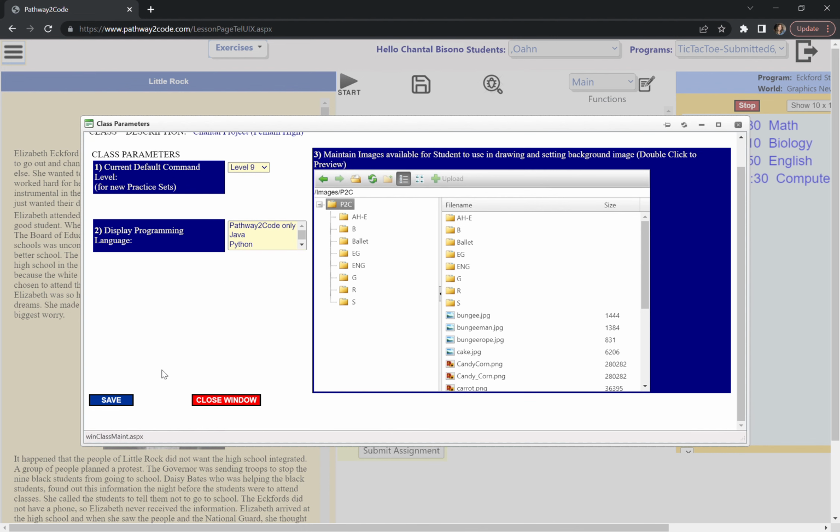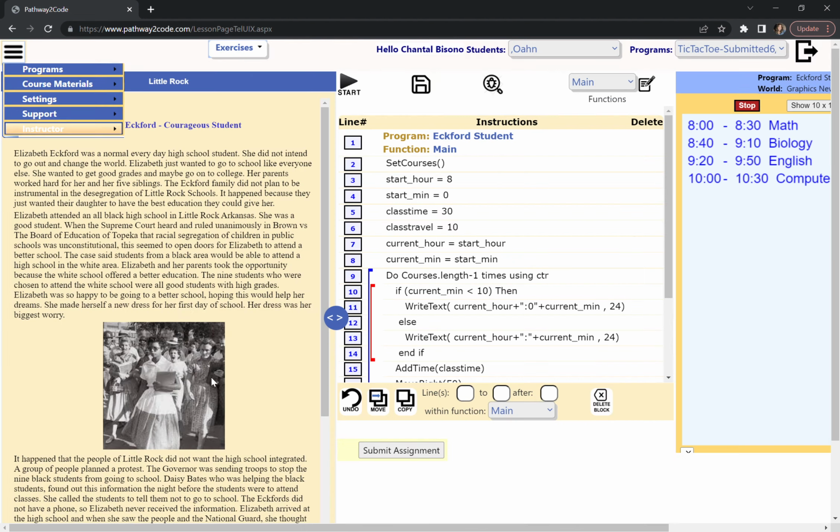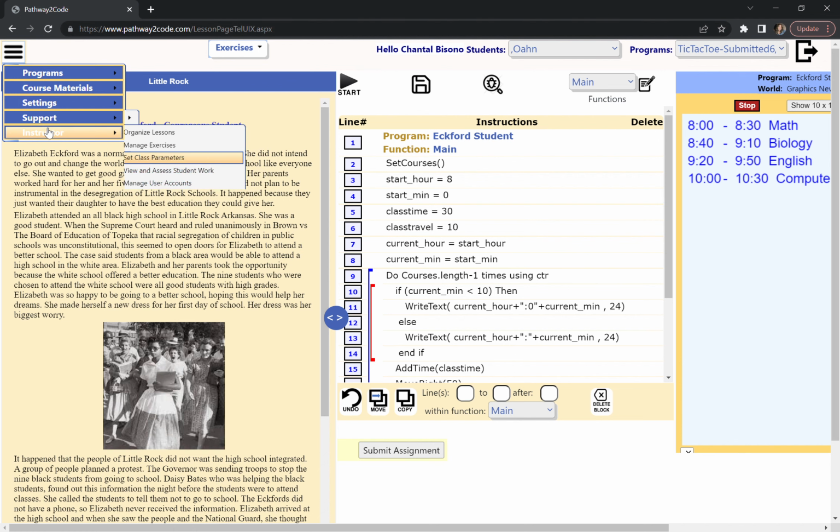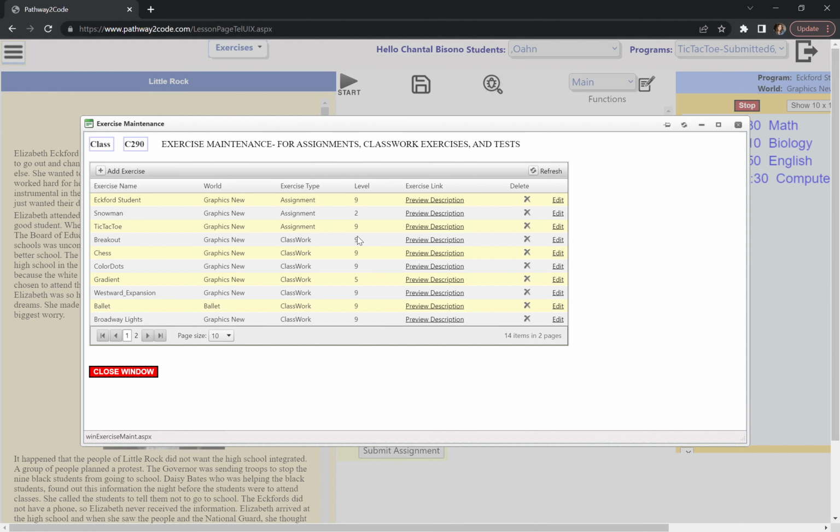If you make any changes, you can save, but I will not be making any changes, so I will just close the window. Next, I am in Manage Exercises. So here, what I can do as the instructor is manage all of the exercises that are available to the student. So to start off,